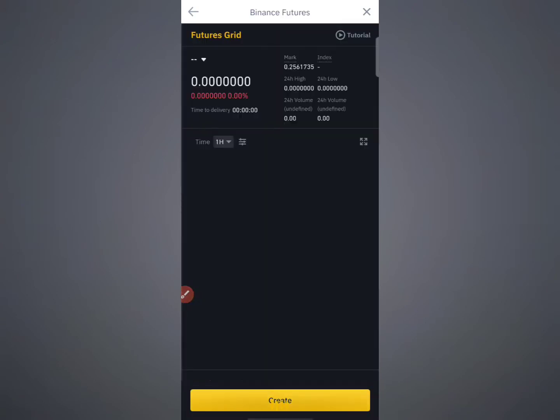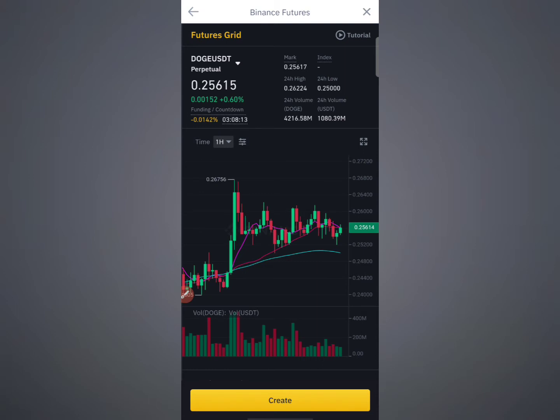Once after that you are going to enter the Binance futures option. This is called the bot trading interface. I have selected Dogecoin. You can also select some other coins like Atom, Theta, but I'm not recommending any coins. You can do your own research. I have given a point that it should trade within the lower margin and upper margin I have selected. So this is about the second or third point.